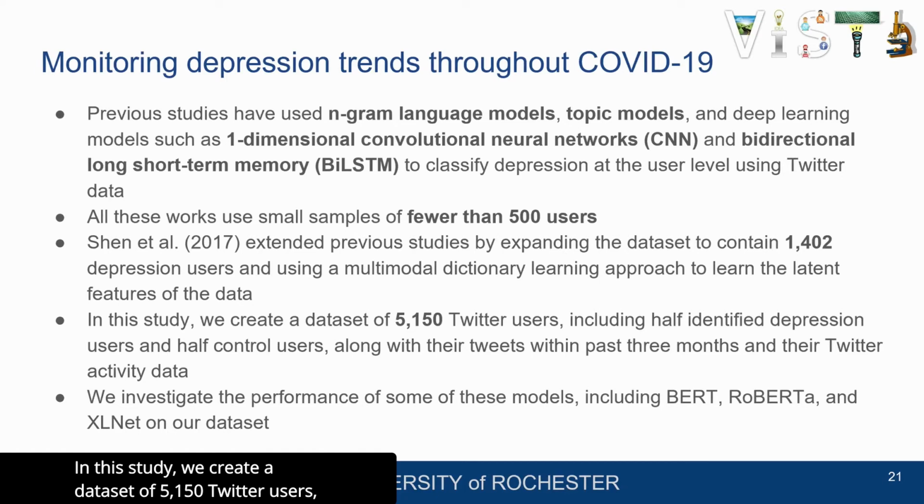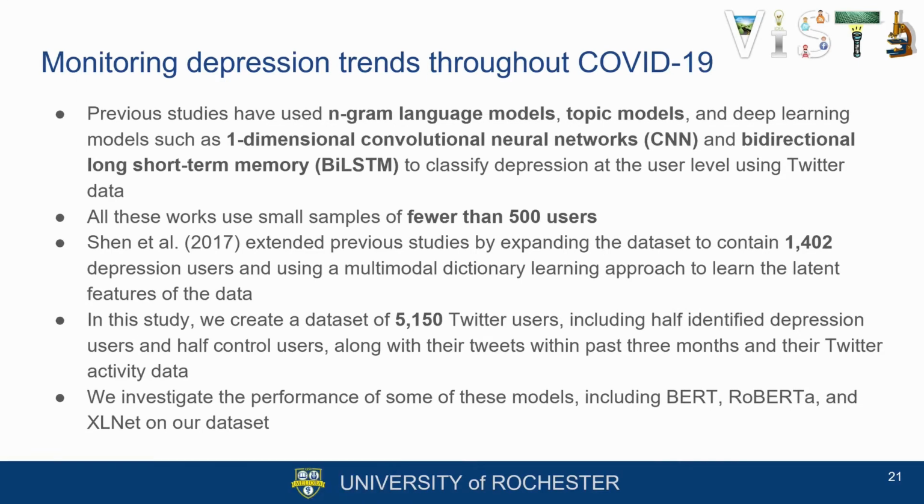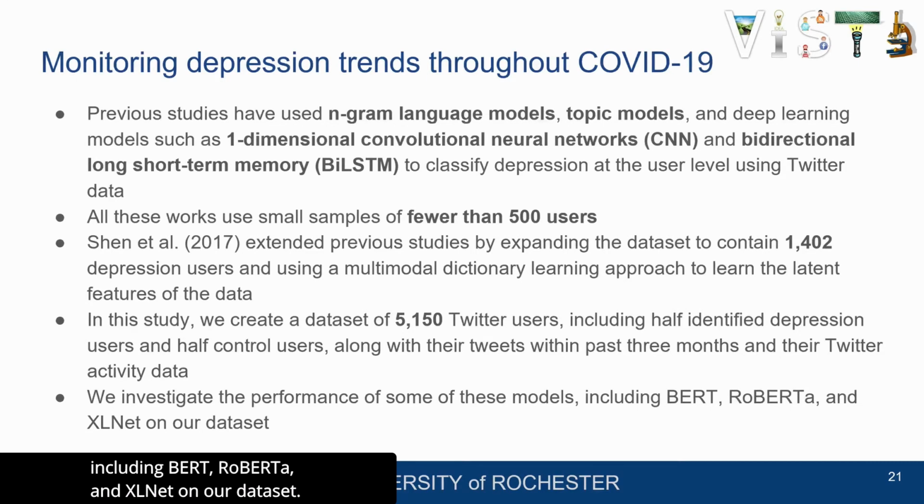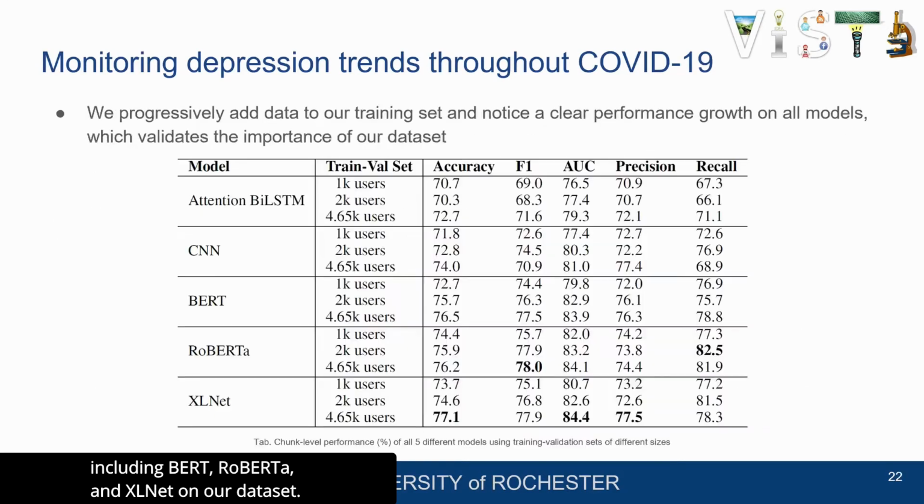In this study, we create a dataset of 5,150 Twitter users, including half identified depression users and half control users, along with their tweets within the past 3 months and their Twitter activity data. We investigate the performance of some of these models, including BERT, RoBERTa, and XLNet on our dataset. We progressively add data to our training set and notice a clear performance growth on all models, which validates the